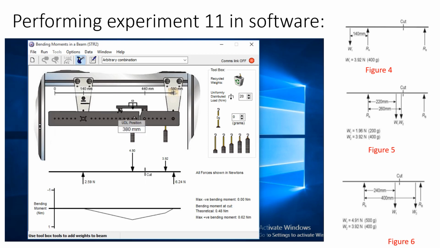So the length of this moment arm is 0.125 meter. So experimentally you will find by measuring the digital force display unit, and we will multiply with this moment arm length, and you will compare the theoretical values with the experimental values. Now we will record this data.